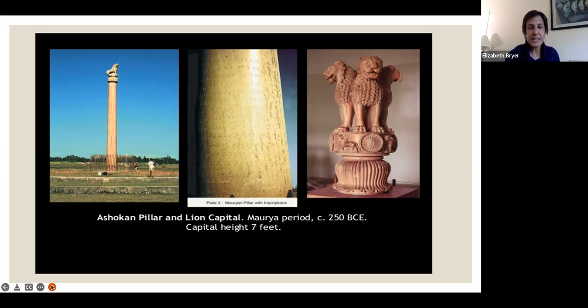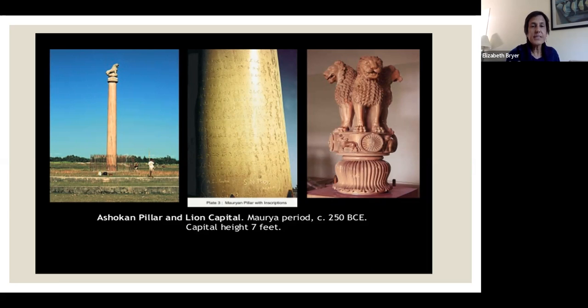And so you can see this Ashokan pillar and lion capital from the Maurya period around 250 BCE. The height of this capital, of this lion at the top, is about 7 feet. So this is big. You can see that person there. So you can see how big these pillars are. They're like posts that have writings about what's great about Buddhism. They have lots of symbols, such as lions, lotus flowers, wheels. We see these again and again in Buddhist art, and we'll talk about